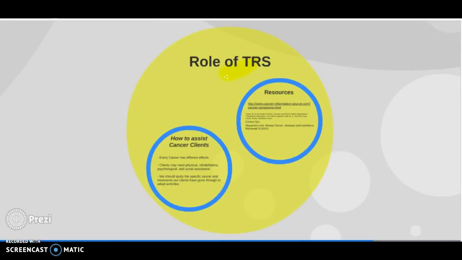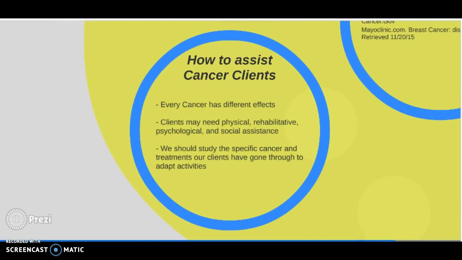And then we tried to think of how the role of the TRS is affected and TR implication is affected through cancer clients. And so we just made this slide of how to assist them. Every cancer is different, so it has different effects like we just talked about. And it mentions in the book that clients may need physical, rehabilitative, psychological, and social assistance.